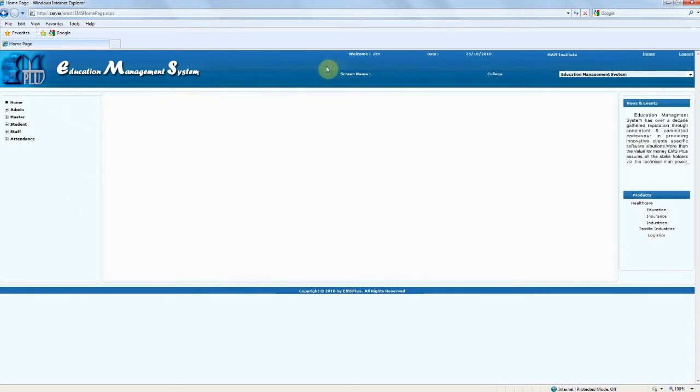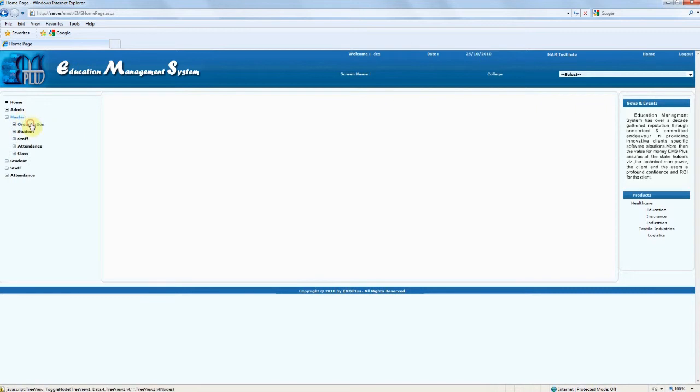On the top banner you will see certain basic details like the name of the user who has logged in, the date of transaction, the name of the organization, followed by the name of the screen and finally the name of the institution. The users are permitted to choose the name of the institution by pressing the combo arrow and selecting the required institution. On the left menu panel, you will see the menus and sub-menus. Clicking on each menu will lead you to the respective sub-menus.